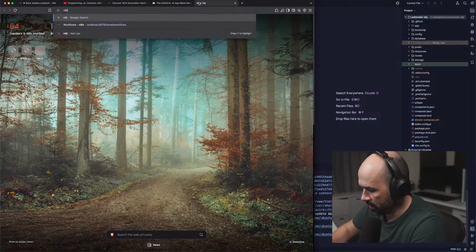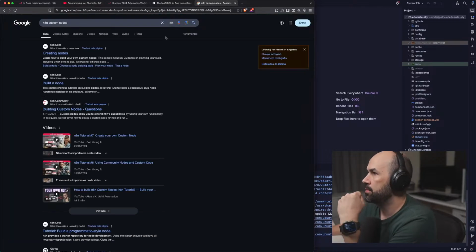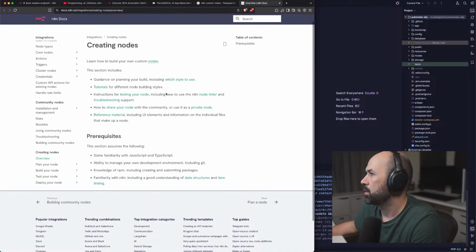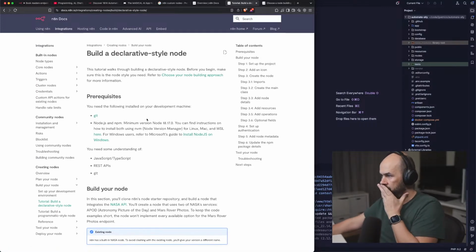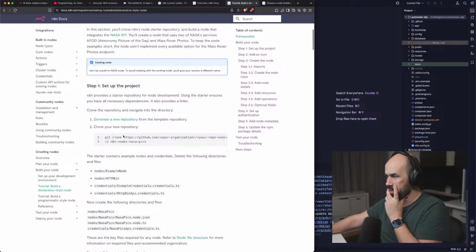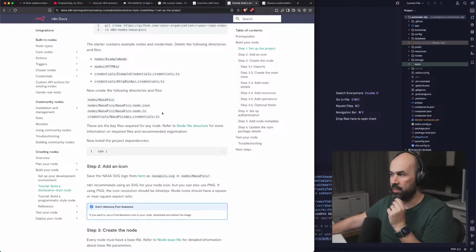So let me check N8N custom nodes. Oh, I love this. Creating nodes. Yeah, sure we can. Tutorials for building node building styles. That's not what we want, is it? Declarative style node. Node.js and npm, blah blah blah. REST APIs, Git. So yeah, it seems we can make a node. N8N is made in Vue.